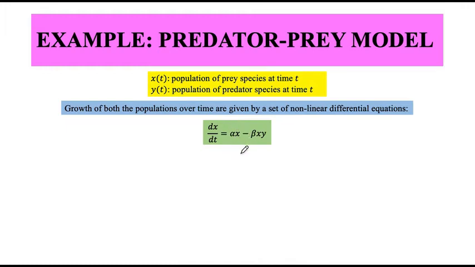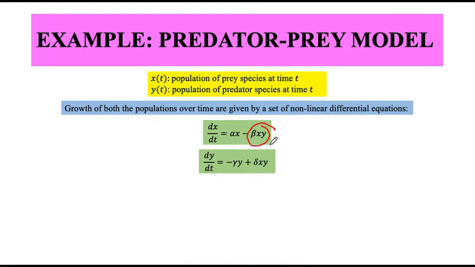Okay, and they have a lot of food to eat. And the second term, minus beta xy, captures how their population decreases when they come in contact with big fish or predator. The second expression, dy by dt equals minus gamma y, means the first term says they will die in absence of food, and the second term captures the increase in their population when they come in contact with prey or small fish.